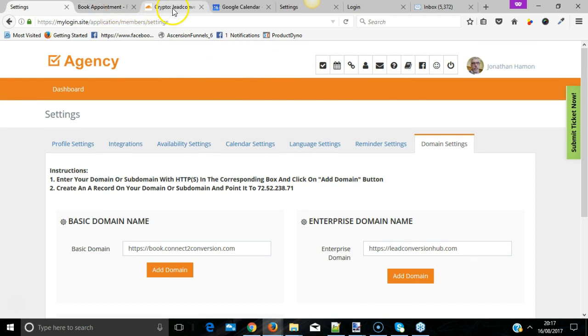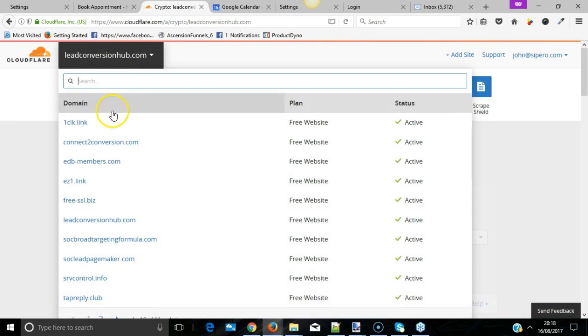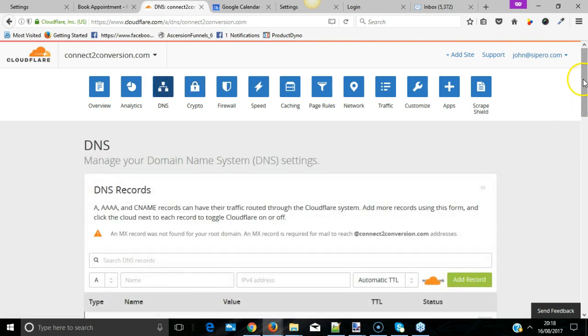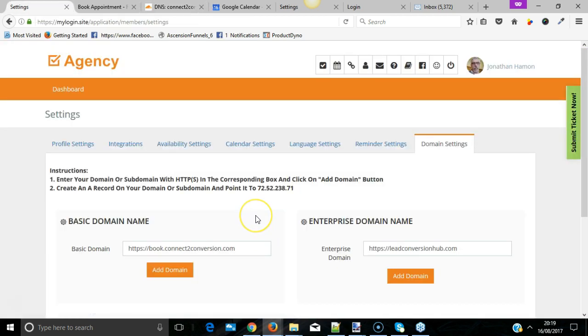And then just make sure in Cloudflare that you have it set up. So as an example, if I go in here, we have any domains and subdomains that we've set up. That's how to use the CNAME with Cloudflare and